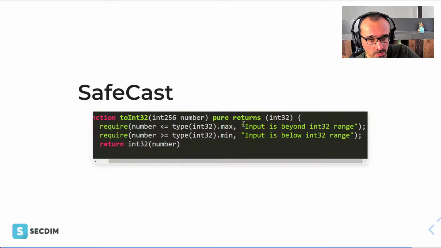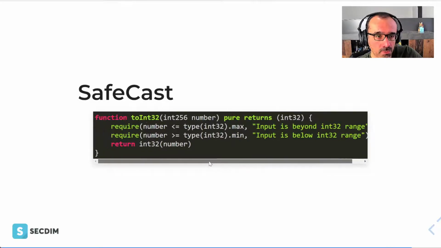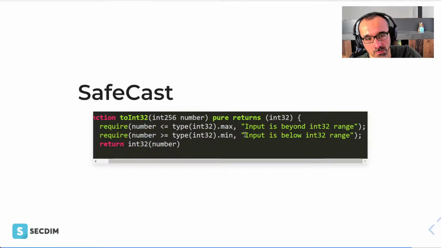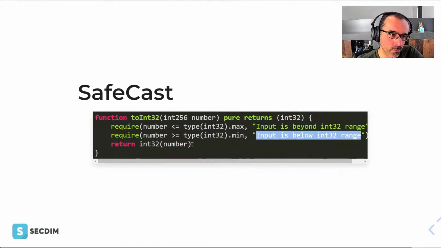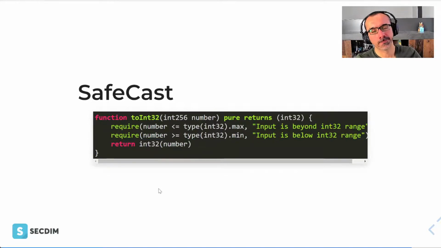If not, it will revert the transaction with this error message. And similarly, this other check is checking that this number is bigger than or equal to int32 min. If not, it will throw an exception with this error message. If all good, I will do a casting back.